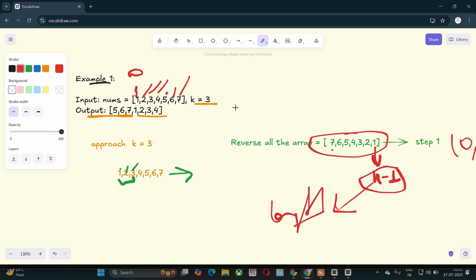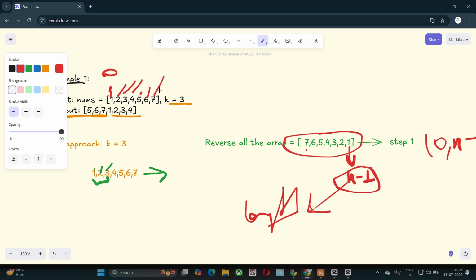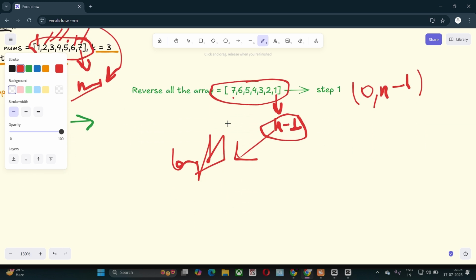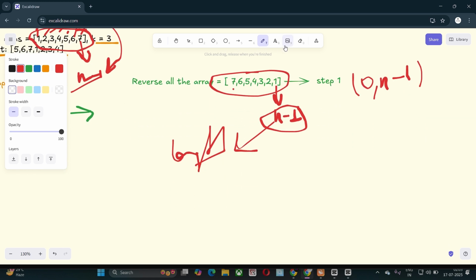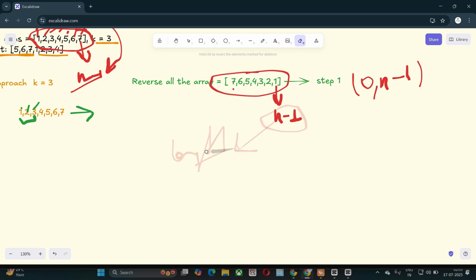Now we see step 2. In step 2, what will we do? If you see 7, 6 and 5, and in the answer 5, 6 and 7.